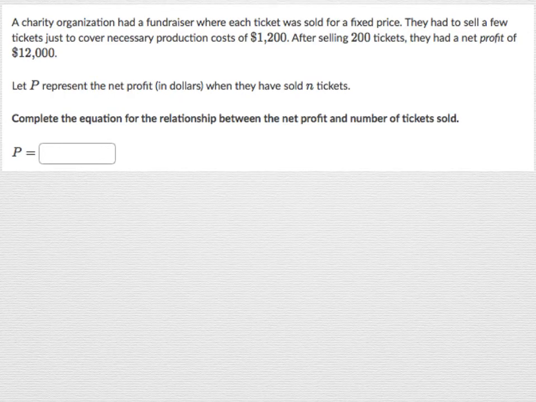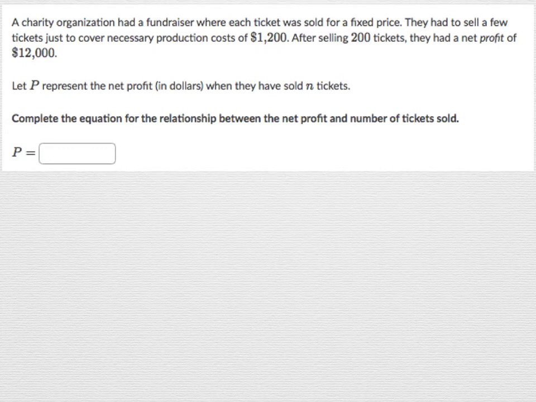A charity organization had a fundraiser where each ticket was sold for a fixed price. They had to sell a few tickets just to cover necessary production costs of $1,200. After selling 200 tickets, they had a net profit of $12,000. Let P represent the net profit in dollars when they sold N tickets. And we're supposed to write an equation to show the relationship between P, the net profit, and N, the number